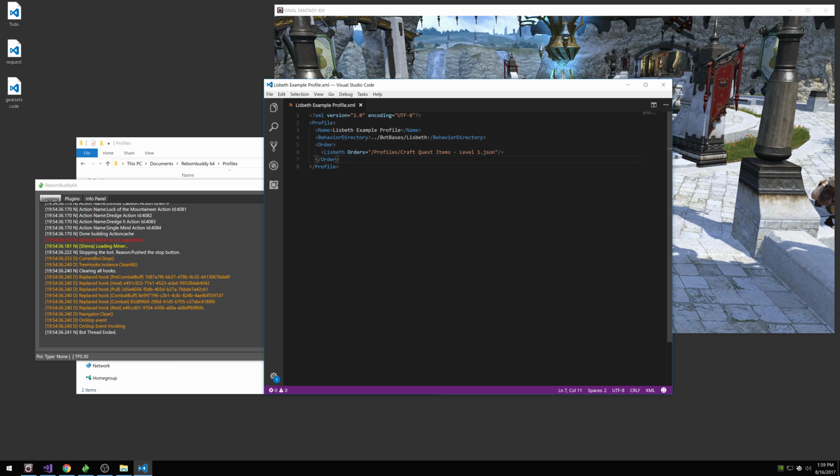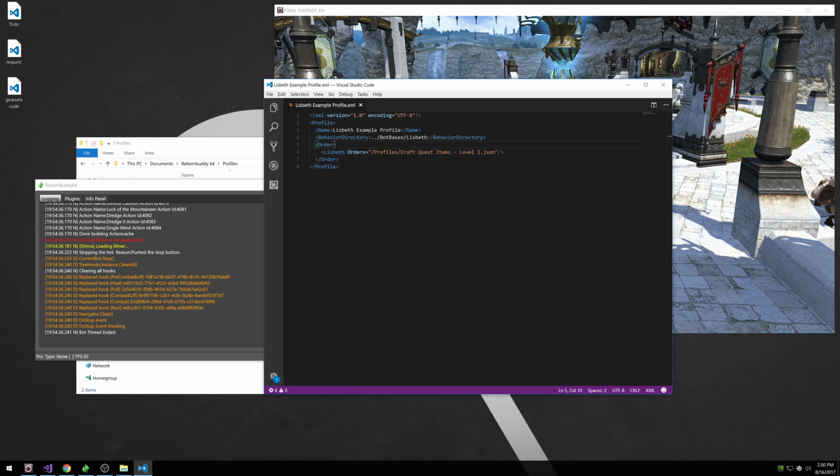This is an example of it. The profile that I'm giving as an example basically crafts one of every class quest item for level 1 characters. So it's bronze ingots and copper ingots and so on. And you could set it on the traditional if-else quest completed and all that to make an actual leveling profile using Lisbeth. And for example, you could also use conditional loops on the order profile, for example, whiles, and say something like while level is below 10,